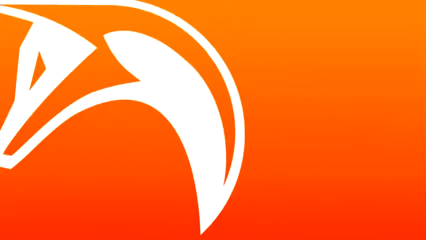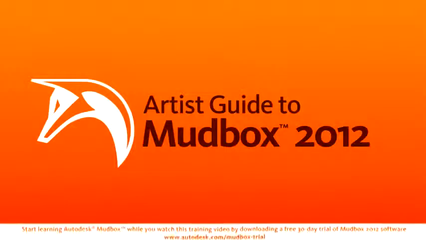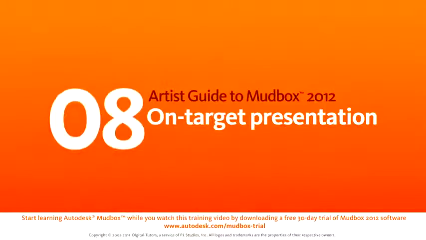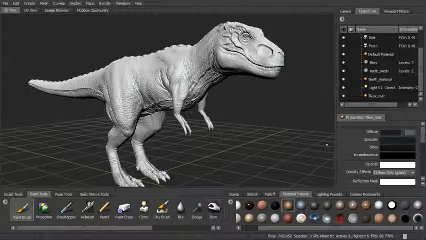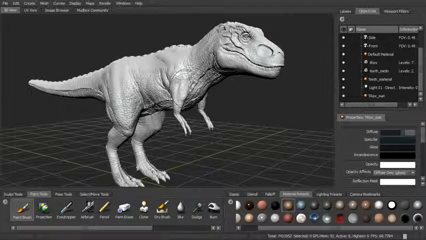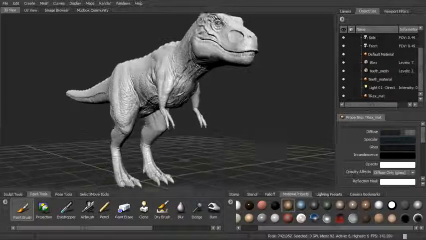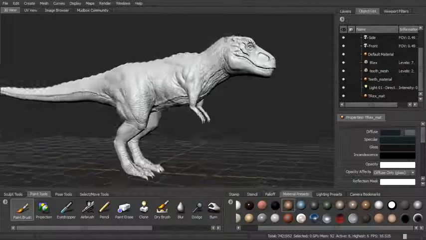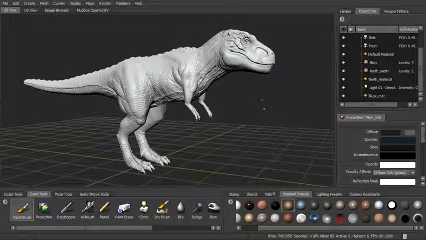In this lesson, we'll talk about some of the on-target presentation features in Mudbox 2012. So when we talk about on-target presentation, we're really just talking about building the models and painting the textures within some sort of a context. So right now we've got our T-Rex sitting here on a grid with a gray background, and there's really no